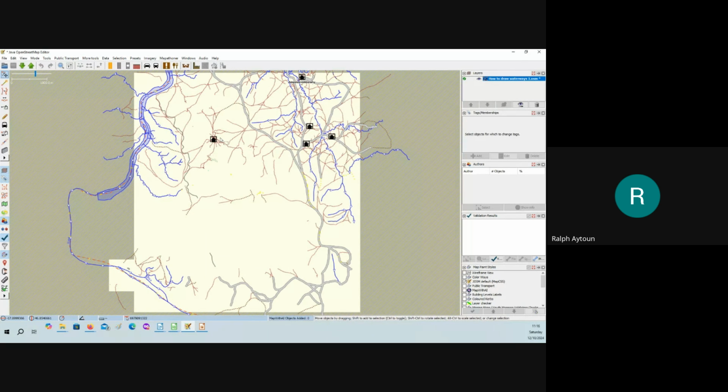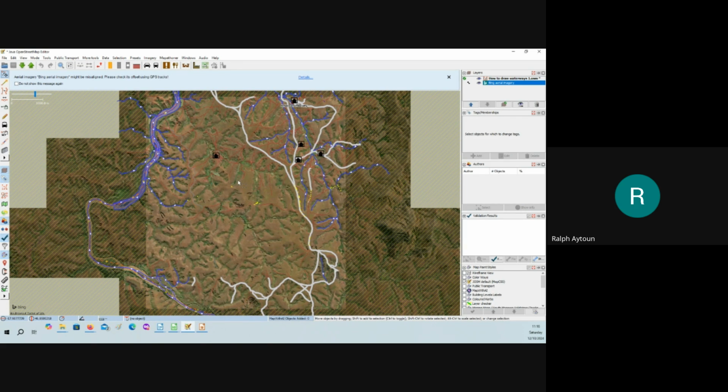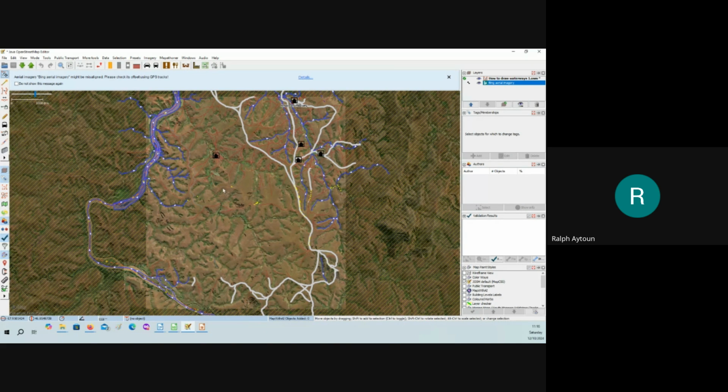Right, here's an area that I've picked up from Mozambique. Sorry, Madagascar. My apologies, Madagascar. And I'm going to use Bing imagery here. Now, I've chosen this imagery in this area because it very clearly explains what we need to be doing and how we need to be doing it. The problem is that this kind of clarity is not always common throughout with the imagery.